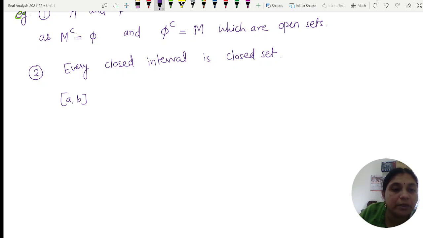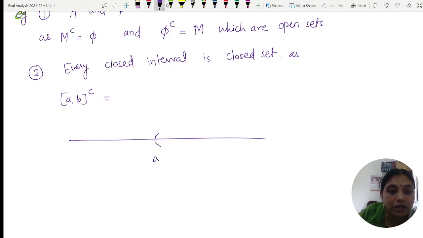What is its complement? The complement means, wherever the closed interval [a, b] may be on the real line,